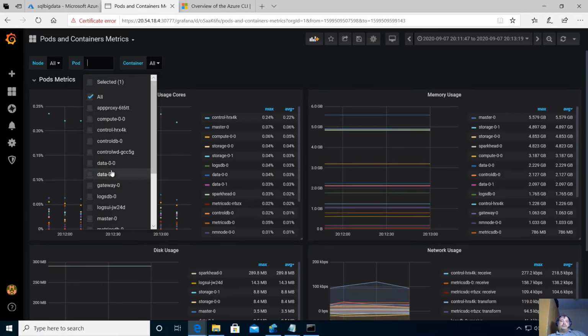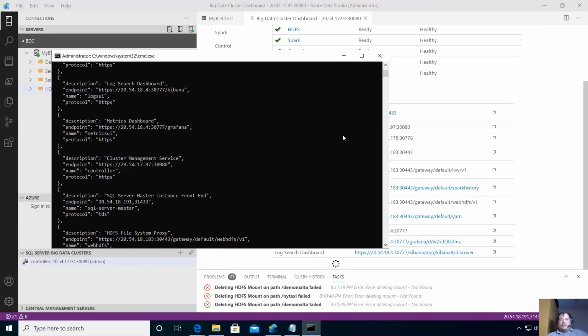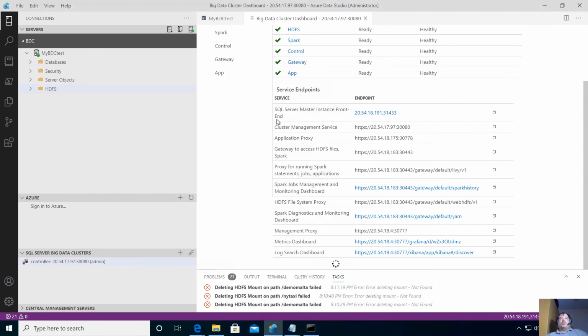I can get one data pod, for example. No, let's get the compute pod. And I can check the activity in the compute pod using Grafana. Okay, all this that I did until now is only to give you a small vision of the environment. Let's start some more active